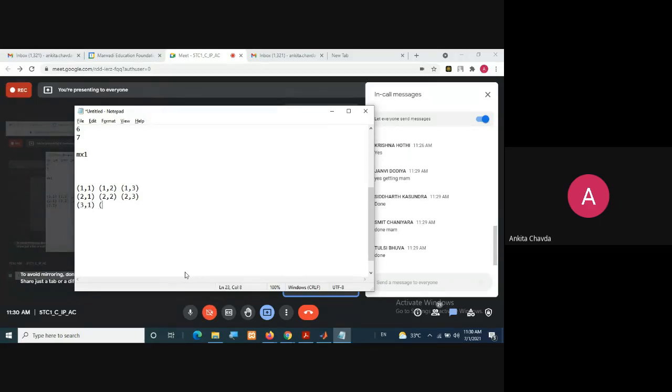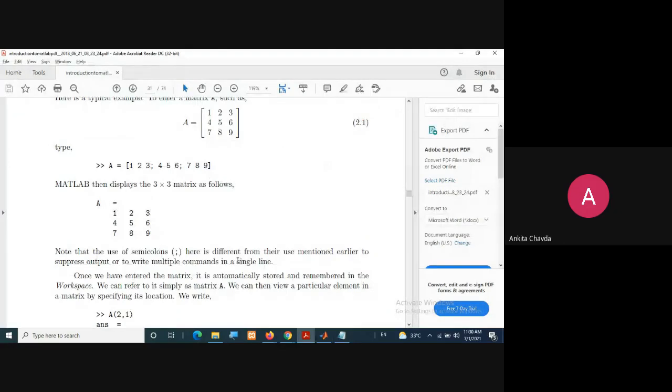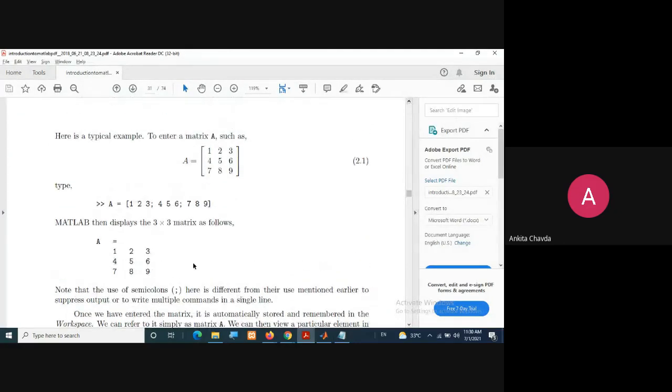Fine. I'm writing this because only via this will you get to know. Now if I wish to access any element from the matrix, what do I do? Suppose I want this 3.